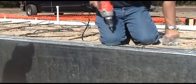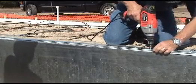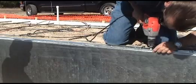The screw should be fastened or driven every 14 inches. It is important to have the track butted up flush to the next track, because the liner track will be done after the job